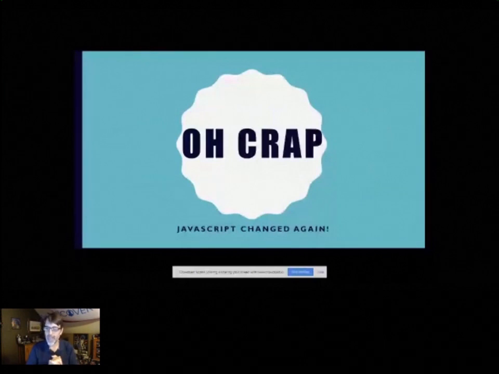And that sounds a bit painful, but hopefully throughout this presentation, I'll be able to convince you that a lot of these changes are actually a pretty good thing. And while it may be a bit stressful at times, especially keeping up with everything changing, the things that are changing are incredibly good things for us as developers.